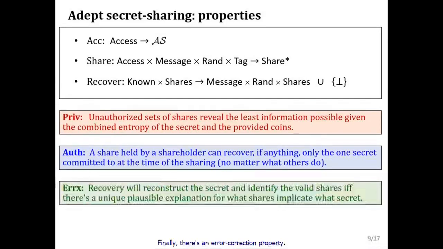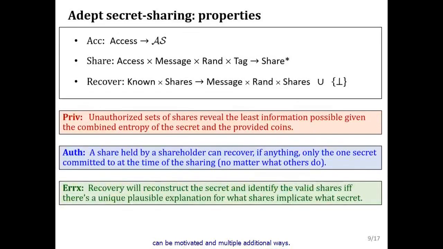Finally, there's an error correction property. It says that if there's only one plausible explanation as to which shares implicate what secret, then recover is obliged to identify that secret and those shares. If this isn't the case, that there is not an unambiguous secret underlying the shares, then recover needs to say that. You'll notice that the three properties correspond to the three scenarios I gave,